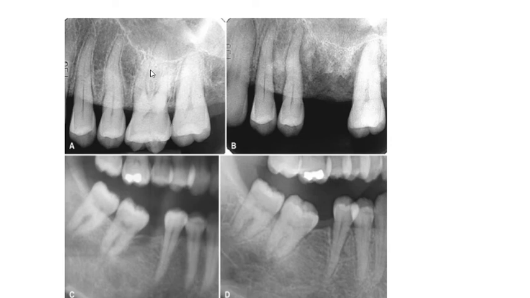This tooth is almost extracted, and there is widening of the periodontal ligament space. So these findings show examples of periodontal ligament space changes due to radiotherapy, prior to and after the irradiation,